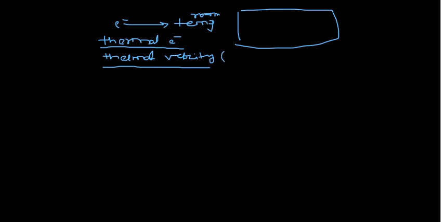Try to remember this symbol. I will be using a small letter u for the thermal velocity in the further classes. If I show you in a diagram, let us say these are thermal electrons, and as I already told you, they have some velocity. If I want to show their direction, it will look somewhat like this. You can see they are now under random motion.